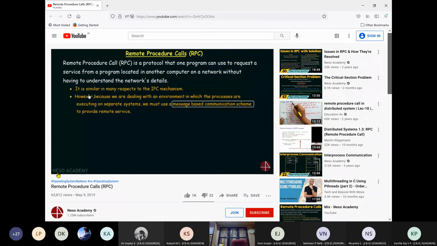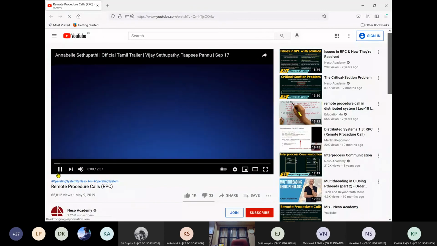Now this RPC is similar in many respects to the IPC mechanism, which stands for inter-process communication. However, because we are dealing with an environment in which the processes are executing on separate systems, we must use a message-based communication scheme to provide remote service. So though RPC is similar to IPC in